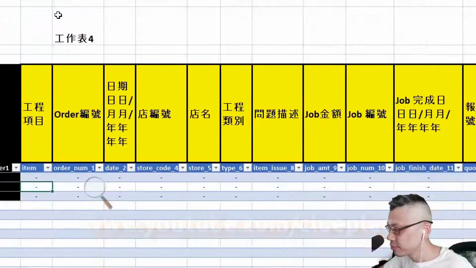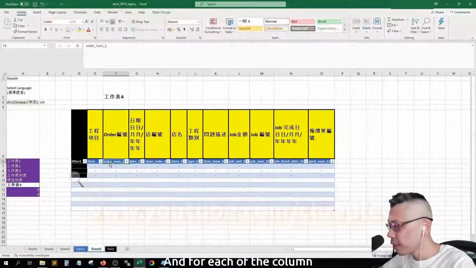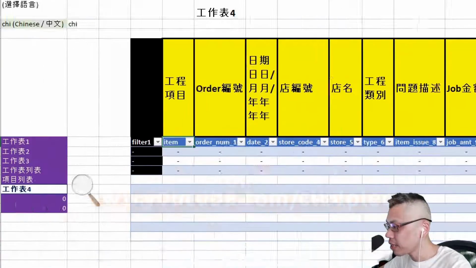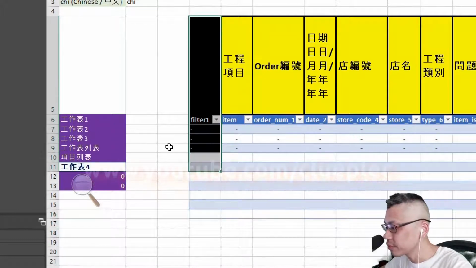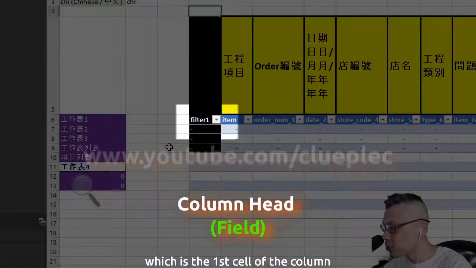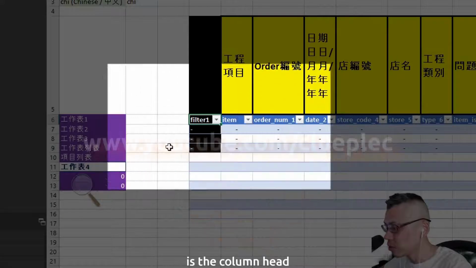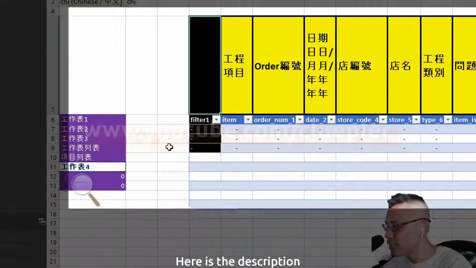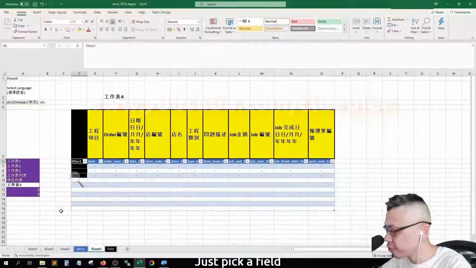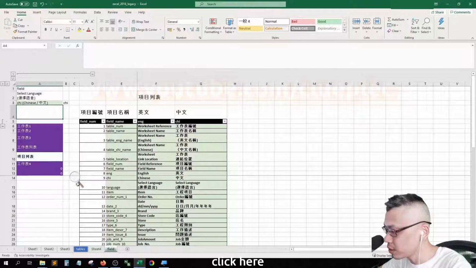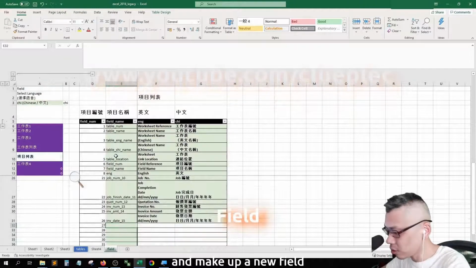Okay. And for each of the column, which is the first cell of the column, it's the column head. Here is the description. Just pick a field, click here, and make up a new field.